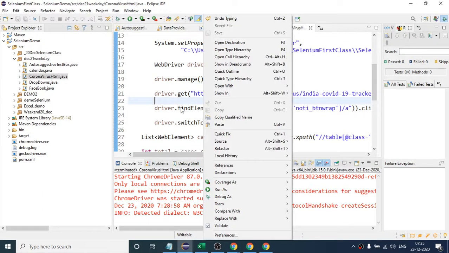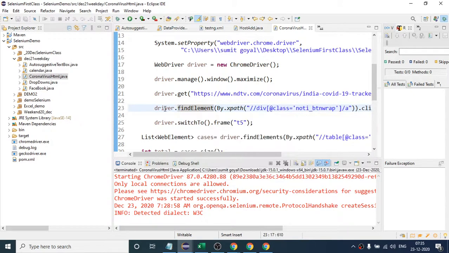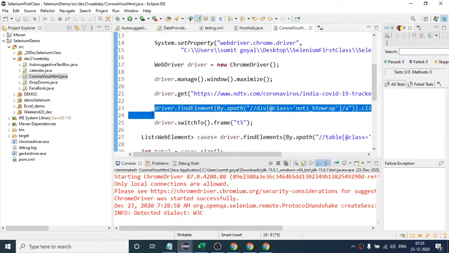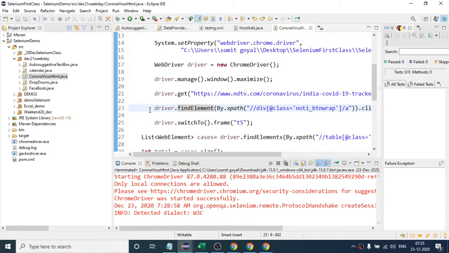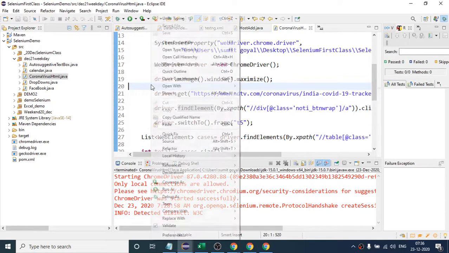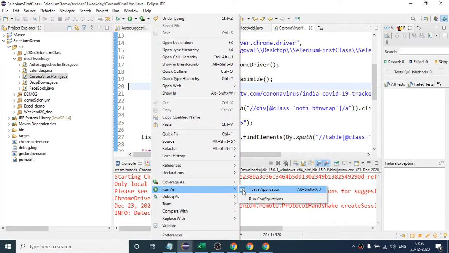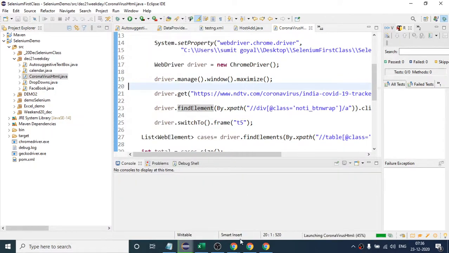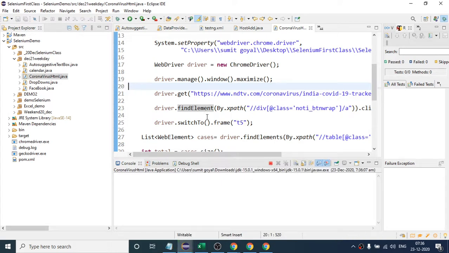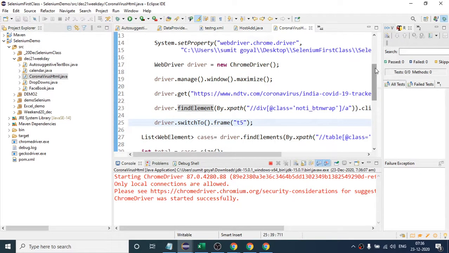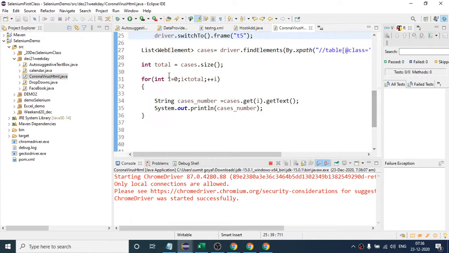Okay, so every time we need to check whether it is an iframe or not, right? Yeah, if everything you have written is correct and still you are not getting the data, then you should look. Every web page sometimes has this kind of scenario. So in that case we need to use switch to, right? Yeah, this line. So this time we should see all the data with the help of this for loop.